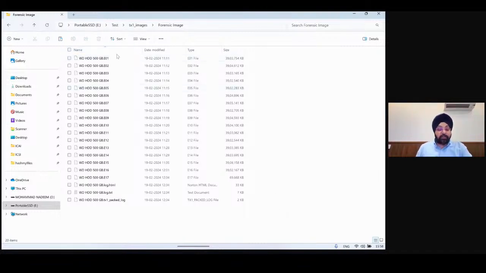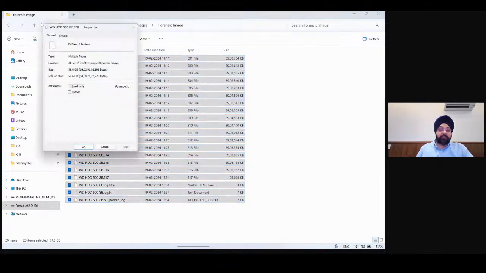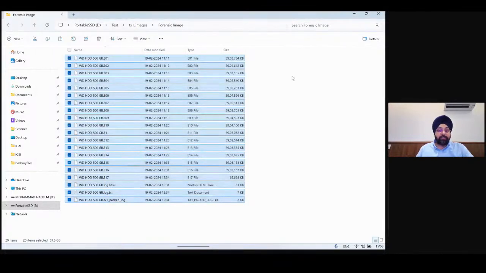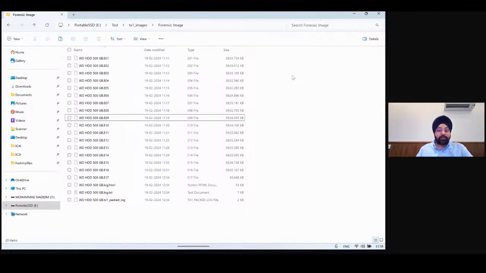The entire image looks like this: .e01, .e02. This is a proprietary format. Using that hardware device, we created an image. The entire image size was approximately 60 GB. This image we have created for test purposes. And if I go to the log,